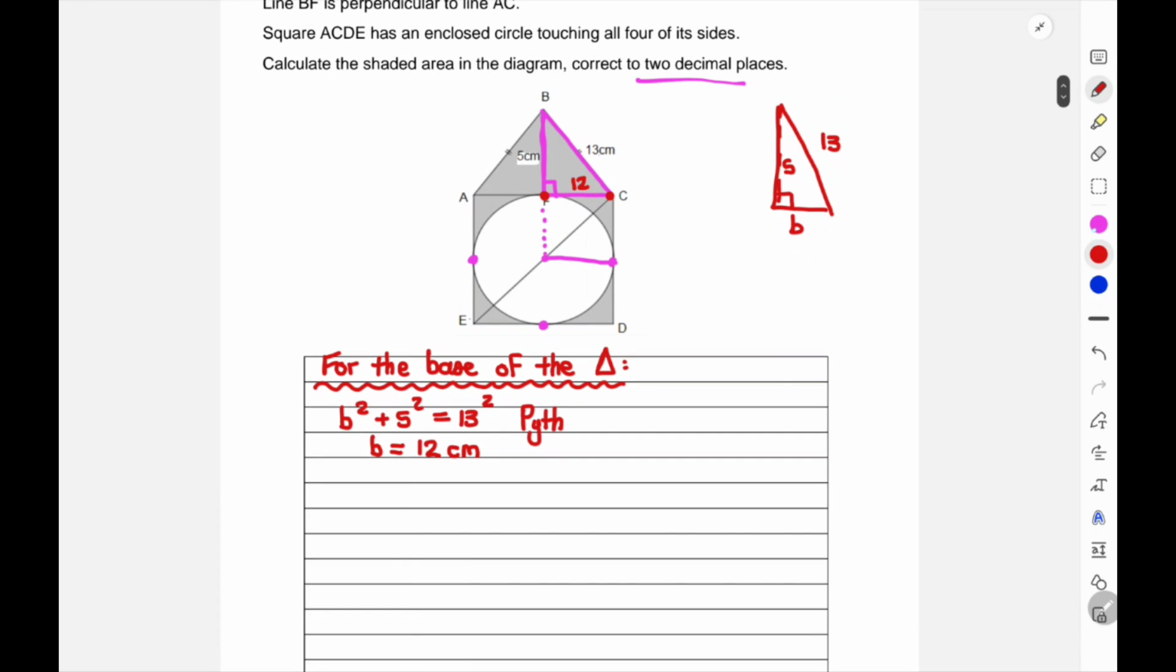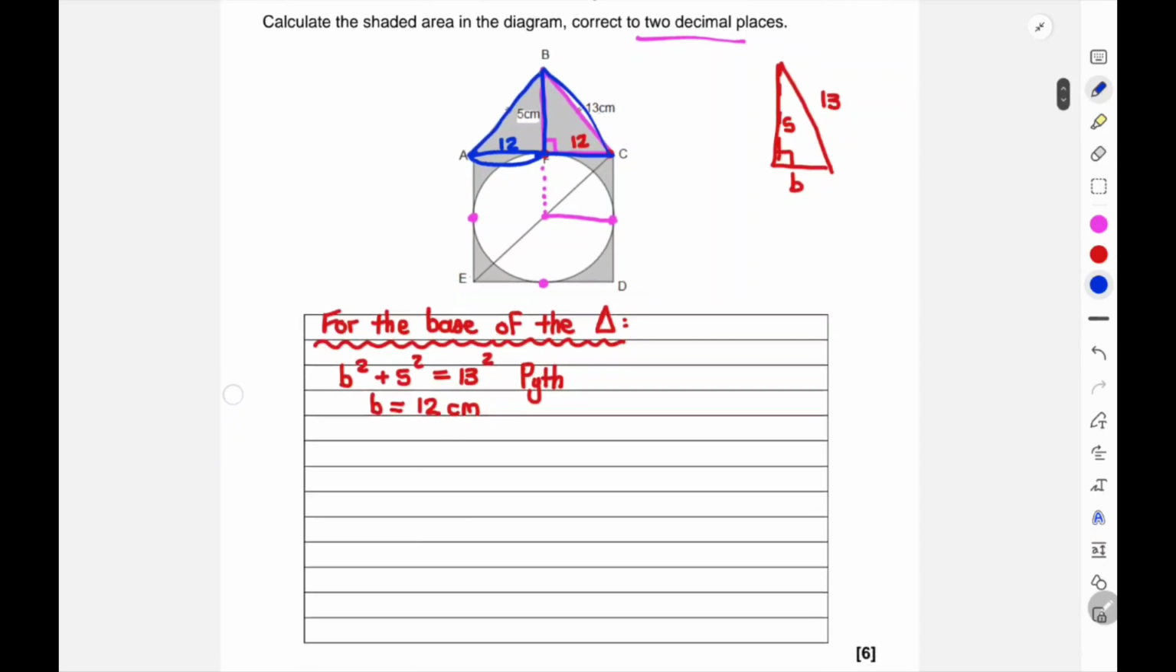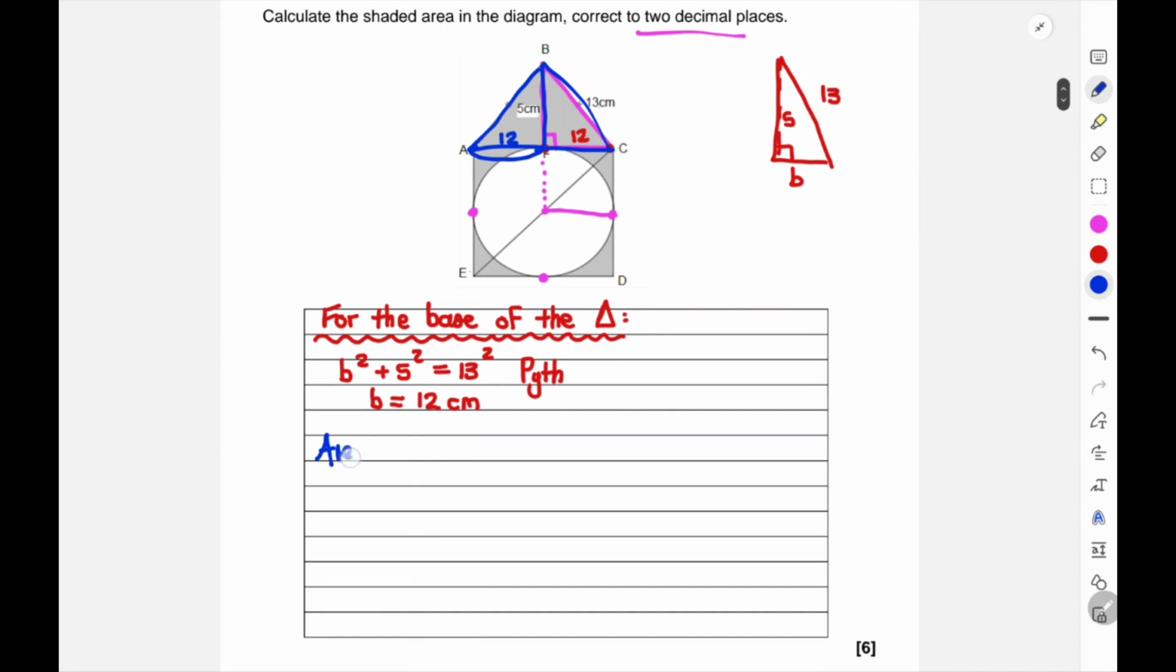Okay, but now I just use that to get the base. Now I know, because it's an isosceles triangle, that both sides are going to be the same. So AF over there is also going to be 12. Okay, so next step, I'm going to work out the area of the triangle,